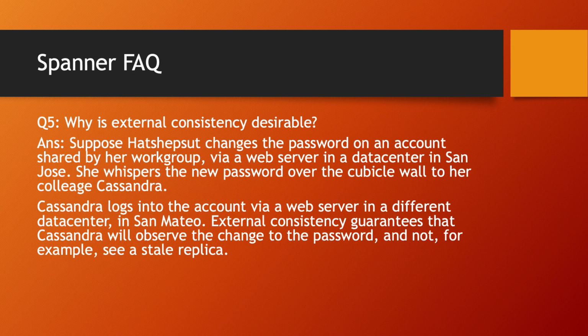Why is external consistency desirable? Suppose X changes the password on an account shared by her work group via a web server in a data center in San Jose. She whispers the new password over the cubicle wall to her colleague Cassandra, who logs into the account via a web server in a different data center in San Mateo. External consistency guarantees that Cassandra will observe the change to the password and not, for example, see the stale